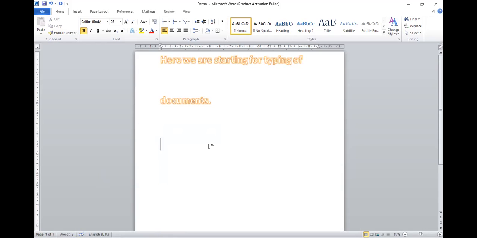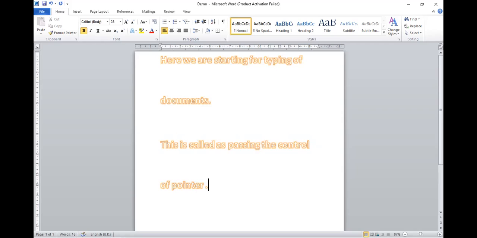So this is called passing the control of the pointer, where we have to start the typing.